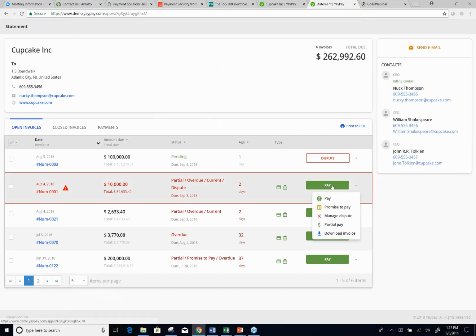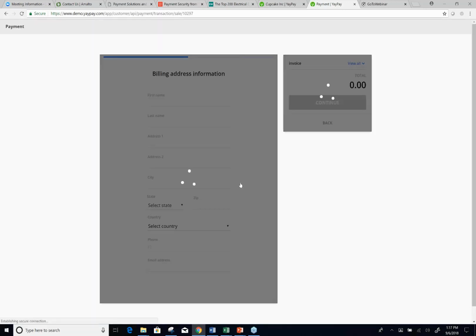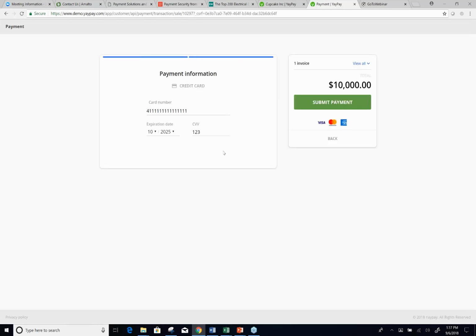If the customer that received the email and opens up the statement link wants to pay by credit card, this is really where the connection with APS comes into play. We can offer the platform to allow for frictionless accounts receivable. And if they want to pay by credit card or ACH, it's either or, we offer them the capability of doing that. So with that, they have the ability to enter in their information, as well as the billing or credit card information. And once this gets submitted,